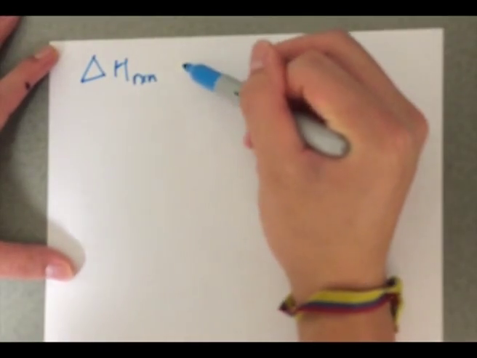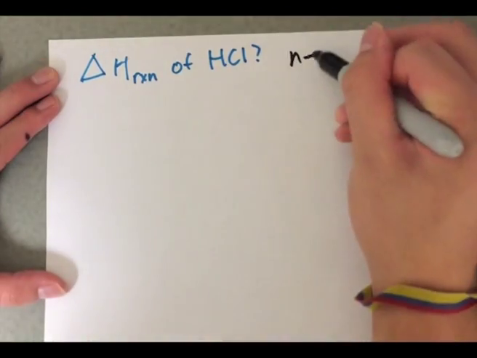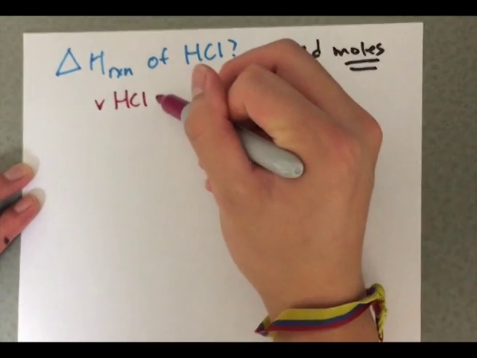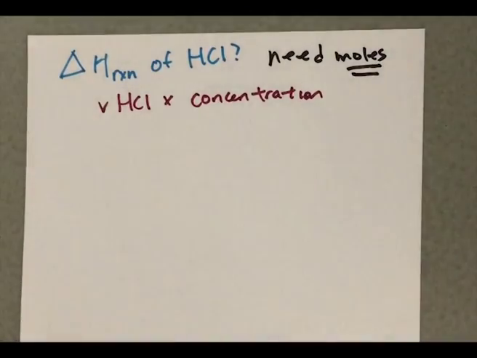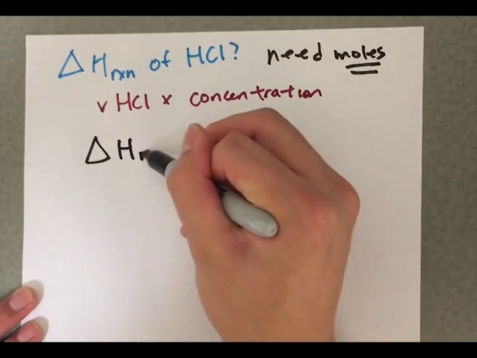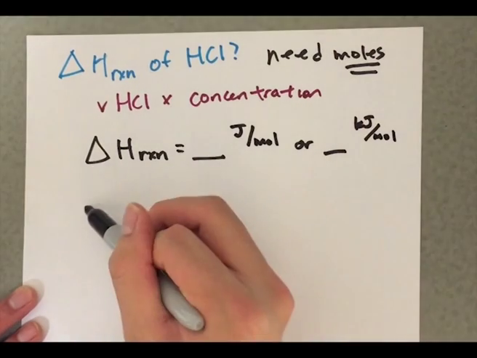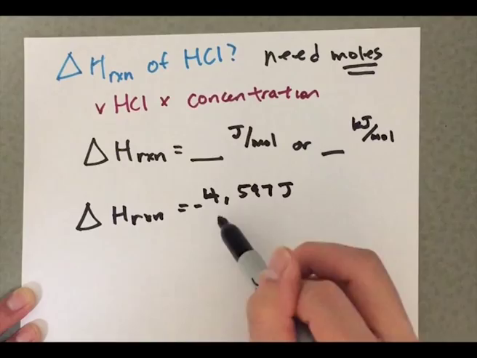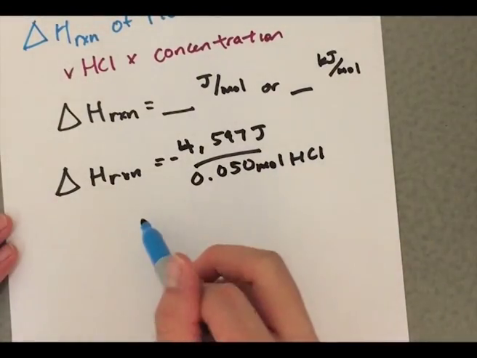Since we are solving for the change in enthalpy of hydrochloric acid, we need the number of moles of hydrochloric acid, which can be calculated by using its measured volume and known concentration. In order to find the enthalpy of the reaction, divide the amount of heat lost by the system by the moles of hydrochloric acid. So negative 4,597 joules divided by 0.05 moles of hydrochloric acid equals negative